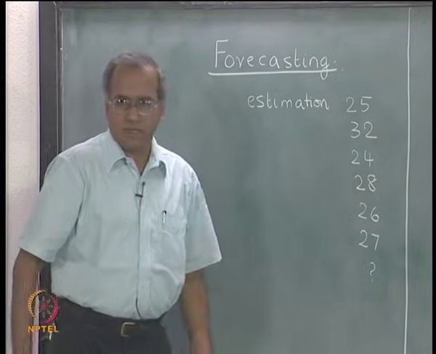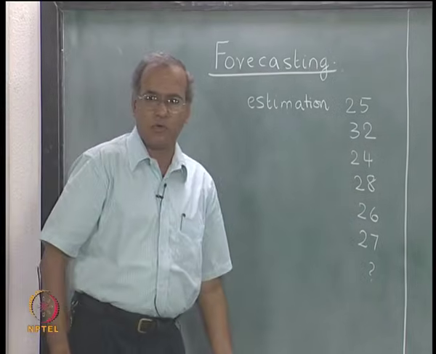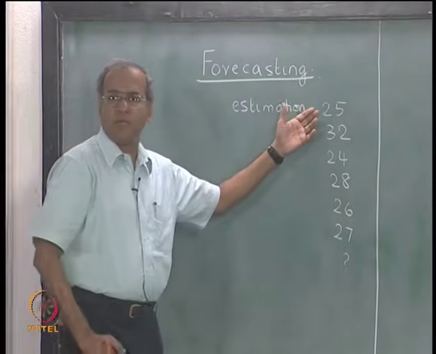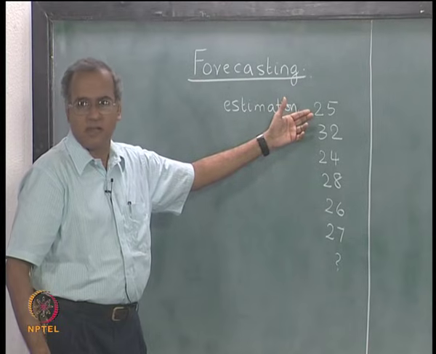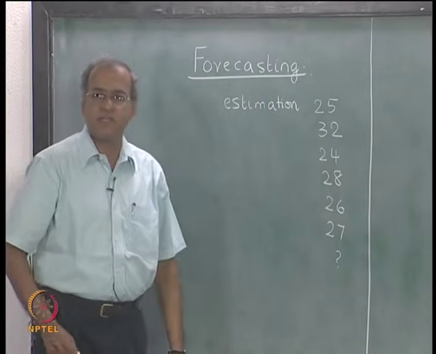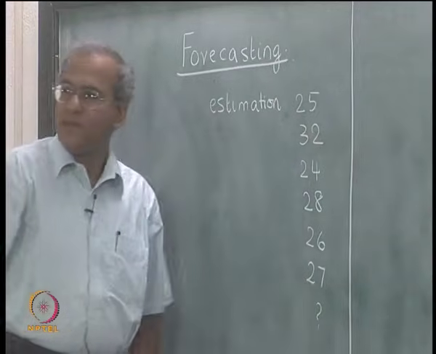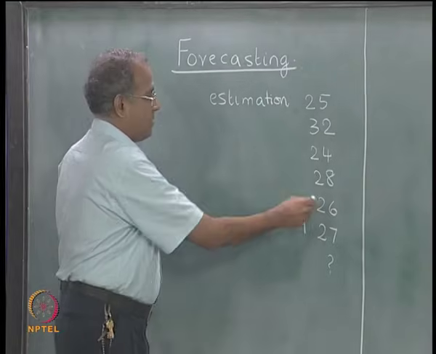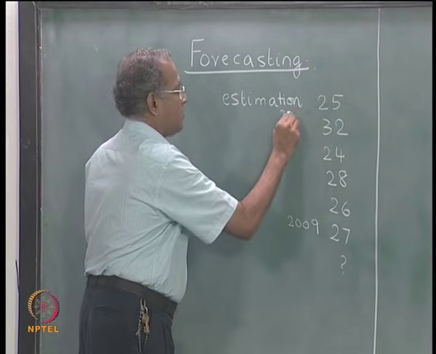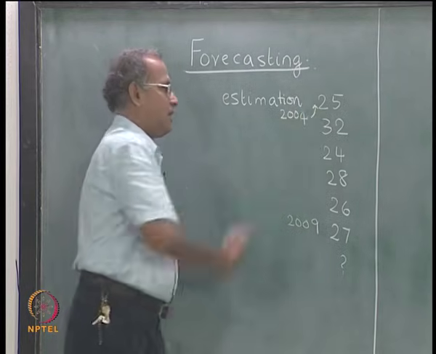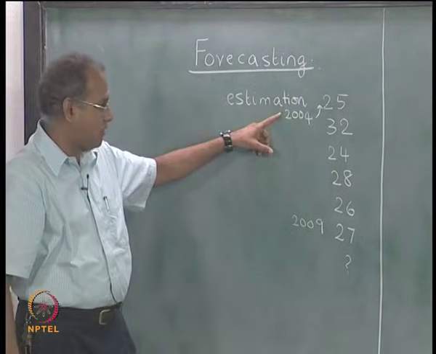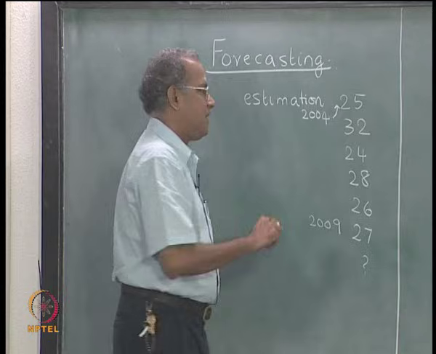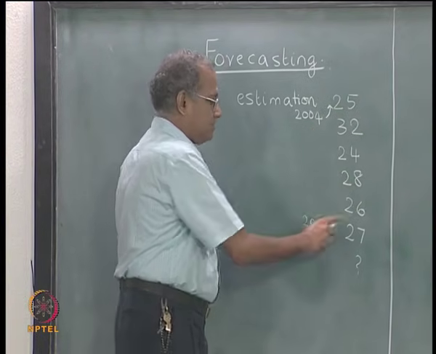The product could be anything, an automobile, phones, machinery and so on, and these numbers could be in multiples of 1000 or multiples of lakhs and so on. For the sake of illustration, we will take these 6 numbers. We can assume that this is the sale in 2009 and this is the sale in 2004. So, the data for the 6 years starting from 2004 to 2009 are available, and let us say for the sake of illustration that these are the values.